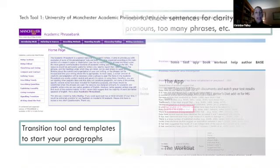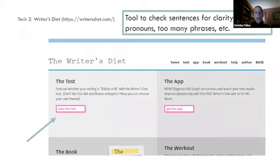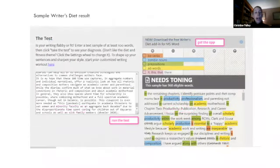Another tool that I like is The Writer's Diet by Helen Sword. Helen Sword is the author of many writing productivity books, such as Stylish Academic Writing and Airlight Time and Space. Her Writer's Diet tool allows you to dump the text of writing that you're working on into something called the Writer's Diet test. If you click Take the Test at writersdiet.com, you can actually copy and paste your